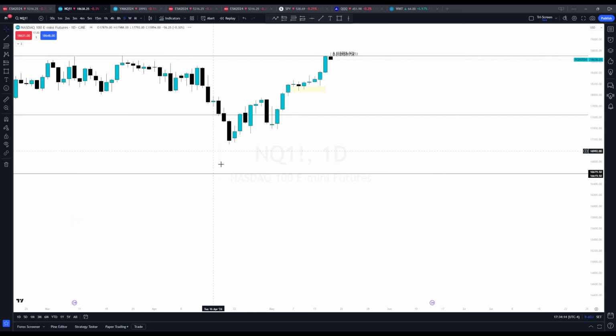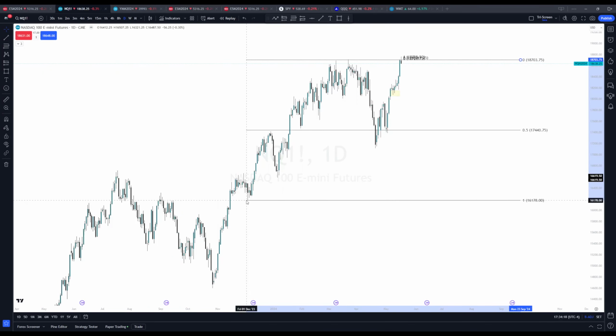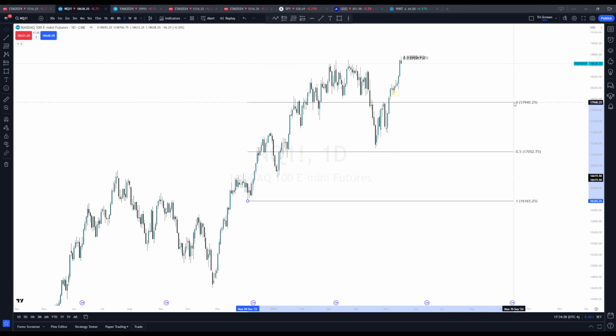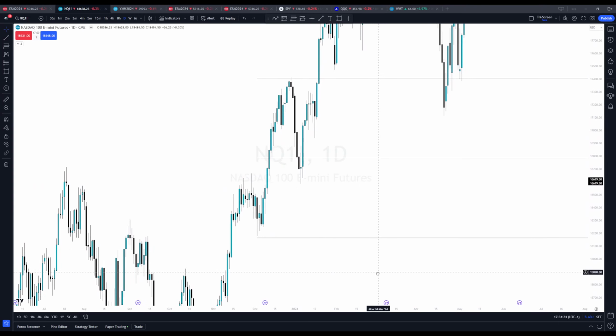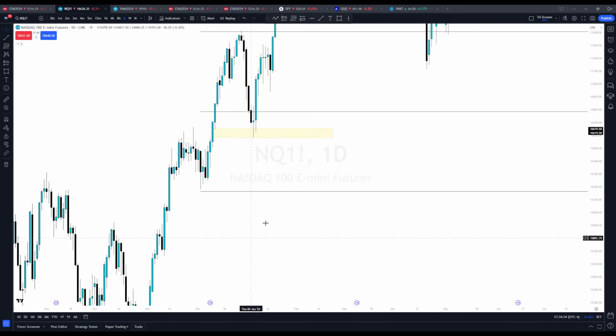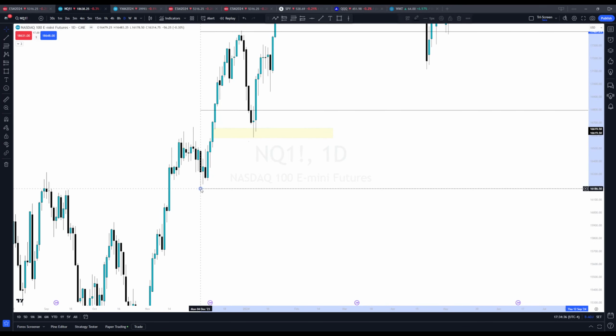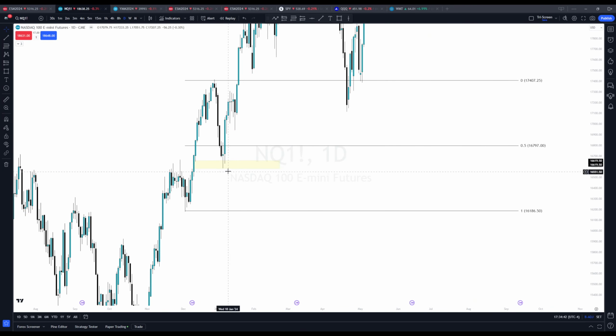Even if we go to NQ, it had a great example, kind of like here. 50% on the daily. Like I said, these concepts work on every single time frame, no matter what you're trading. Last FVG in the leg on this daily here. Everyone thinks we're getting extremely bearish here. Price is going back to the lows. Recession is going to happen. Last FVG in the leg shoots right back up below 50%.